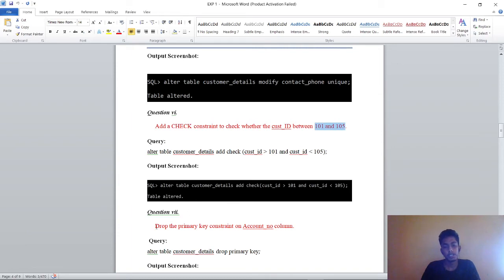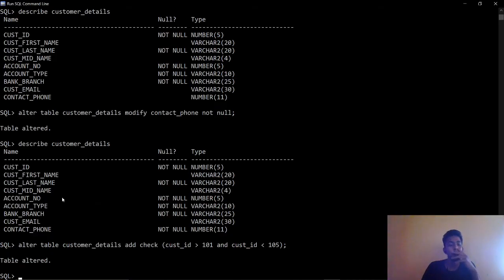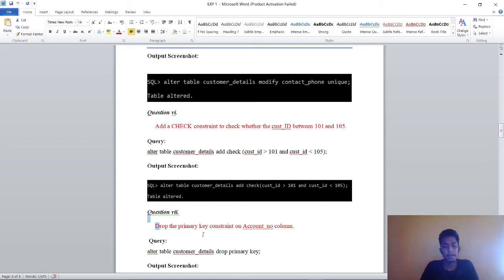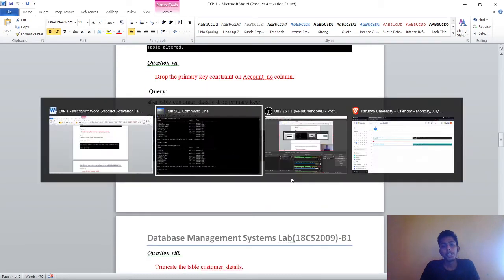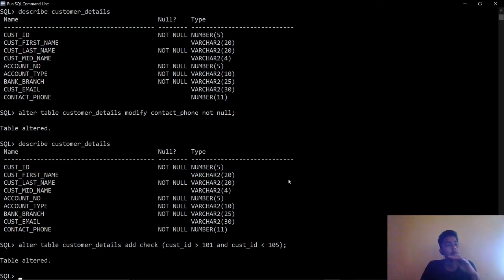So the next operation is to drop the primary key. We have created a primary key for the account number, so we are going to drop that. Simply, for dropping, you can give alter table, drop primary key. Drop primary key means it will drop.